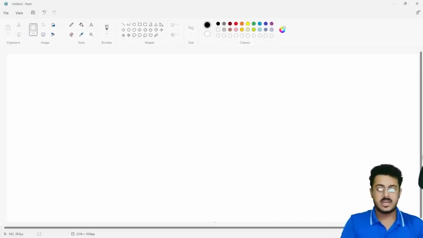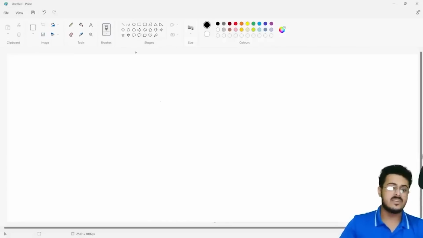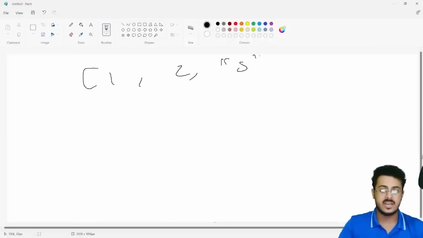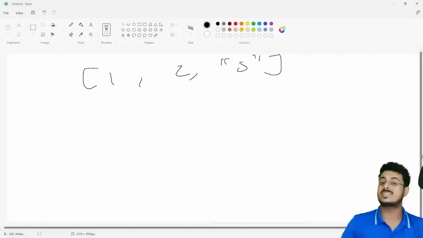Okay. Similarly, when we are creating a particular list, so we are having 1, 2 and a particular string right over here, so instead of converting everything to an integer, we convert everything to a string itself when we convert it to an array. Okay, why is that the case? Okay, because